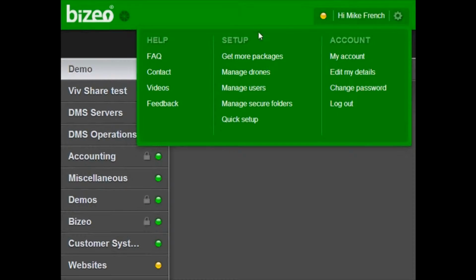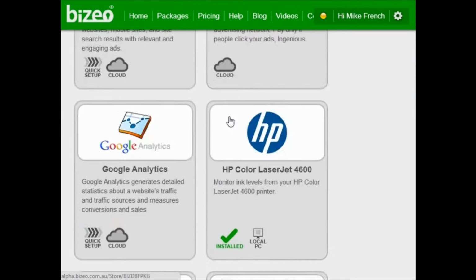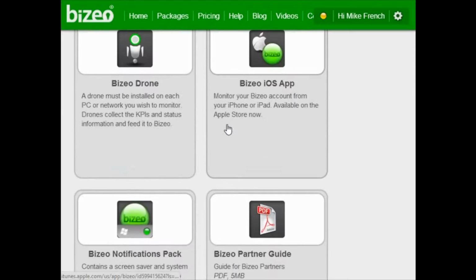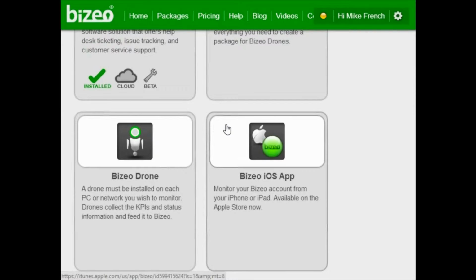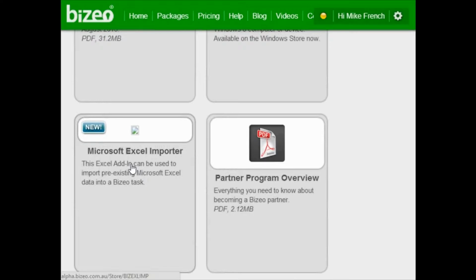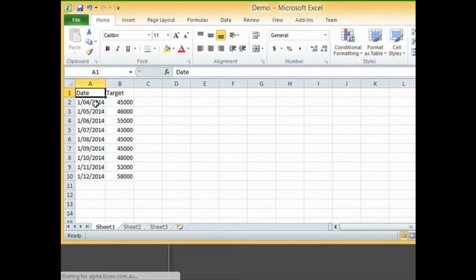The importer you can locate in the Bizeo store by going down to the bottom and looking for the Excel importer. There we are. Install it and follow the instructions. Once you've done that, open your